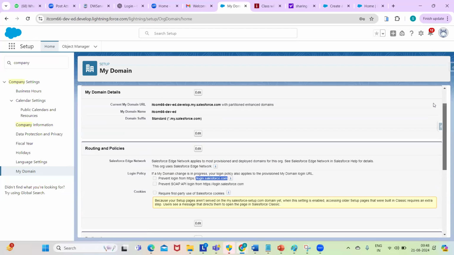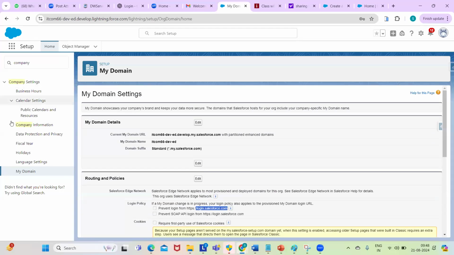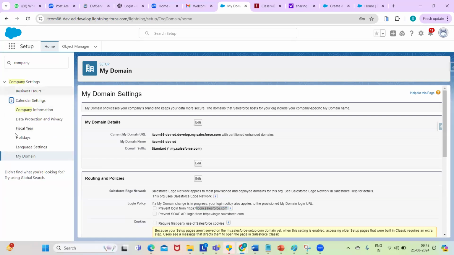Okay, this is the company information. These all are company information. See here, if any client requires any Salesforce application, first they configure all these details. These are the company settings, everything they are doing. Next,